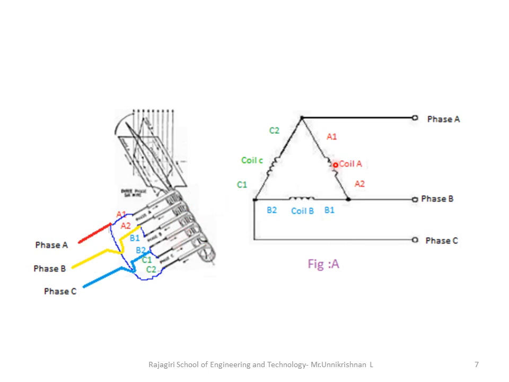So how can you represent it? Because see, you have coil A, coil B, coil C. Now you are creating a delta structure with all these coils, and how do you have to connect? A1 should be connected to C2. B2 should be connected to C1. A2 should be connected to B1. So you will get three output phases.